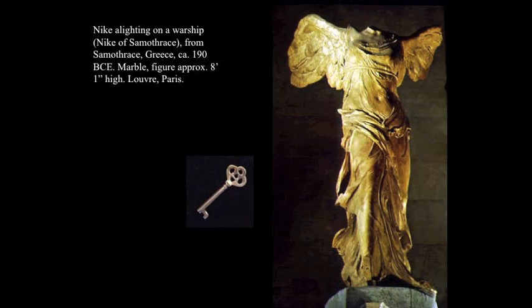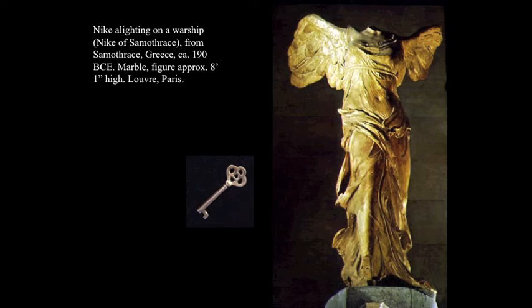And some elements obviously are missing, her arms and her head. Her right arm would have been extended up in front of her holding a crown, a laurel wreath more than likely, to crown the victor. But it's this incredibly powerful image. When we look at the style of this, we have